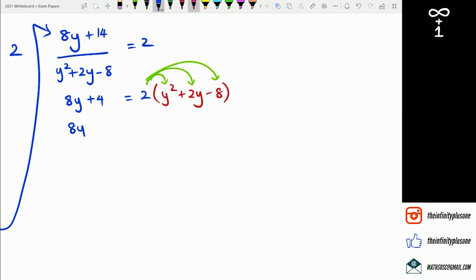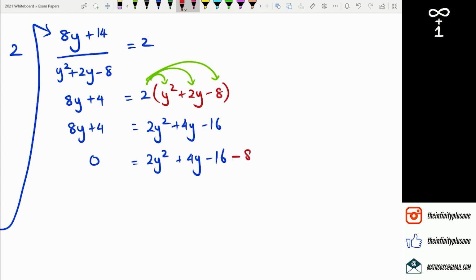So here I've got 8y plus 4 equals 2y squared plus 4y minus 16. Rearranging this, I've got 2y squared plus 4y minus 16 minus 8y minus 4. Simplifying this, I'm going to get 2y squared minus 4y minus,